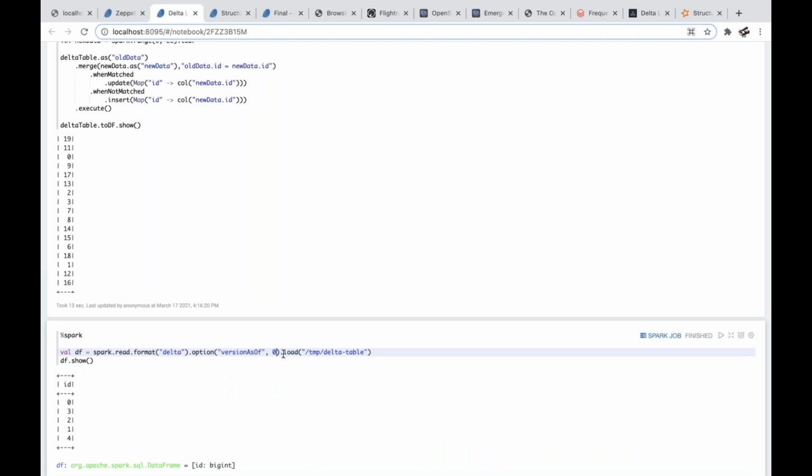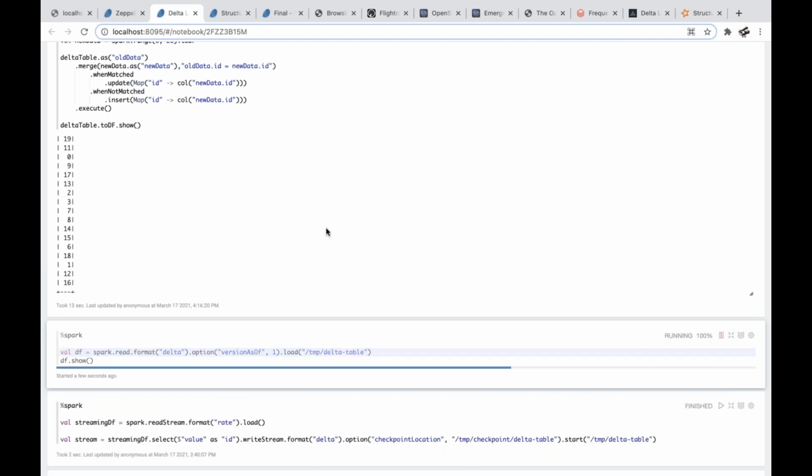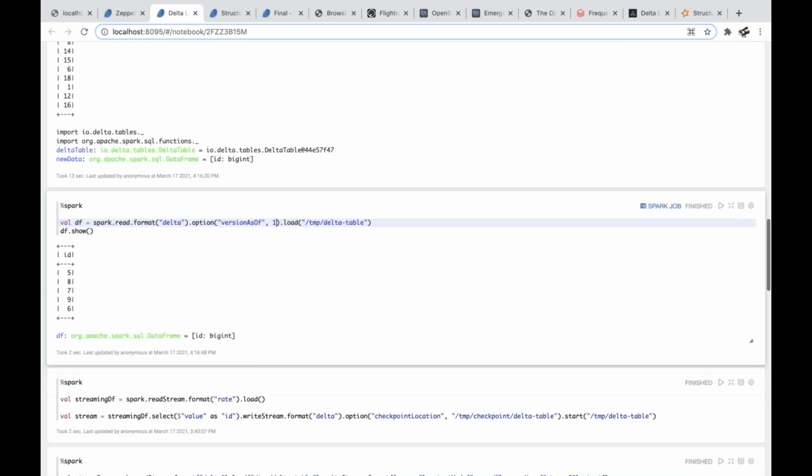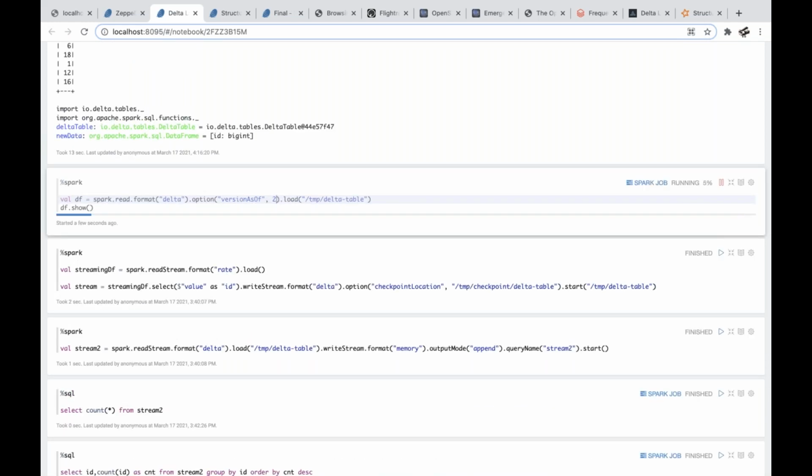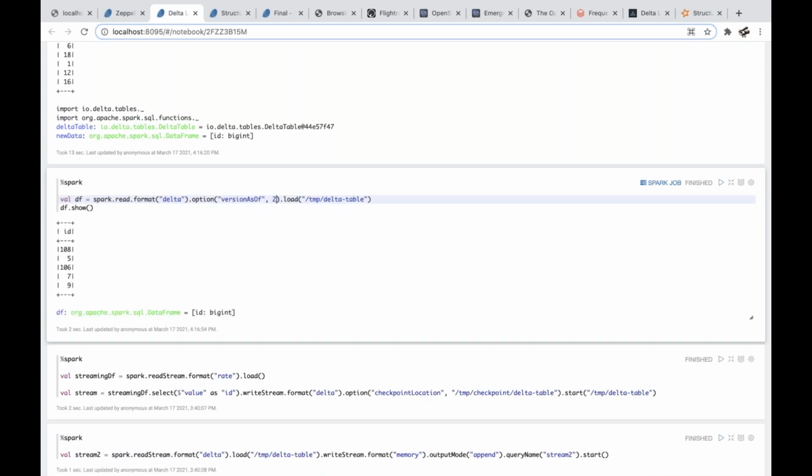So basically we did it. Let's change the version and let's see the second version of this table. Yes, it is also there. Can I see another version? Yes. This is the operation when we add 100. It is also there. Can you imagine that when you are doing some changes and you change something accidentally, you can still get the version and see what the data was, right?